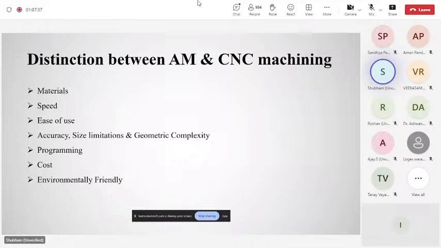And here setup time is also large comparative to additive manufacturing. And in terms of accuracy,